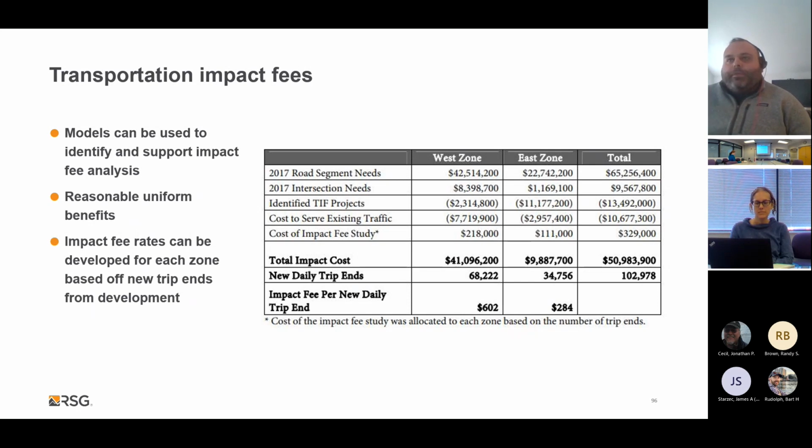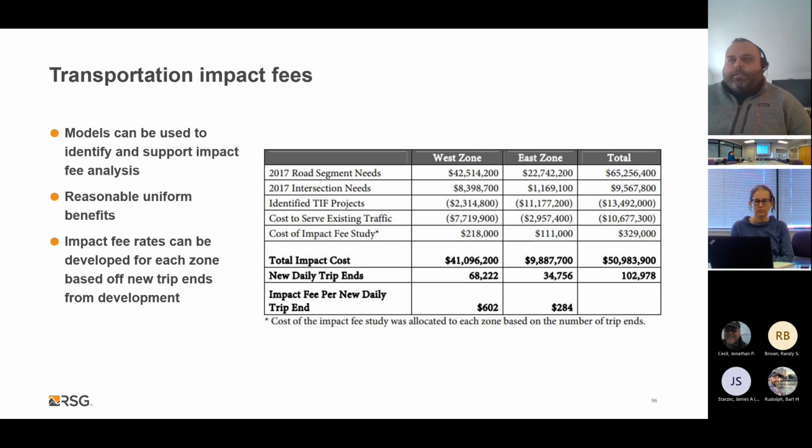But in other areas of the country, they've used the models to help support and identify impact fees analysis, and you can essentially create reasonable uniform benefits from the travel demand model. And then you can actually come up with impact fee rates that can be assessed onto the developers. So if you wanted to estimate what the impact of a 1,000-person new subdivision would be, we could actually create an impact of what the new daily trip ends are for that new development, and then come up with the cost as it relates to serving